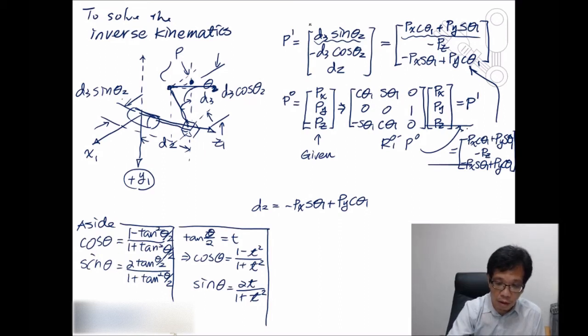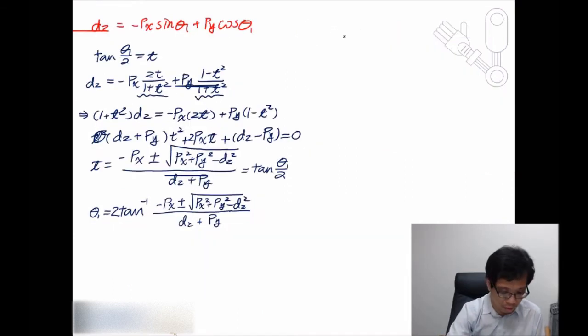We can actually use this one and combine this one together. So we are going to have d3 square sine theta 3 square plus d3 square cosine theta 3 square. That is going to be equals to